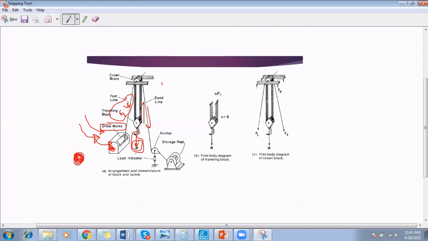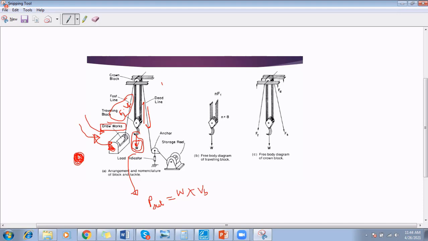Now what is the output power? Like when you will hoist the traveling block, there will be a load W that will be raised or lowered by the traveling block with some velocity. There will be some velocity of the traveling block. If I am denoting the velocity of the traveling block with VB, then this is actually the output power. This is actually the output power. I am going to write this as E out.